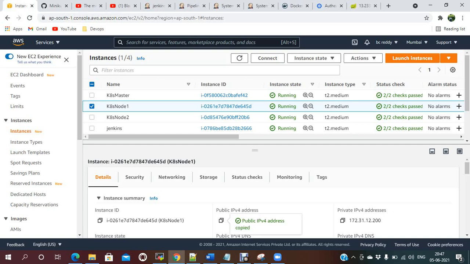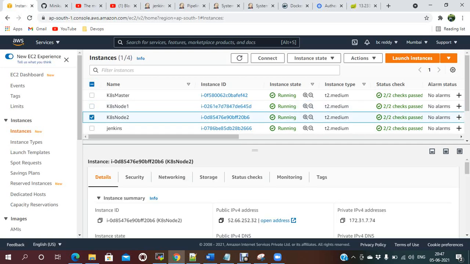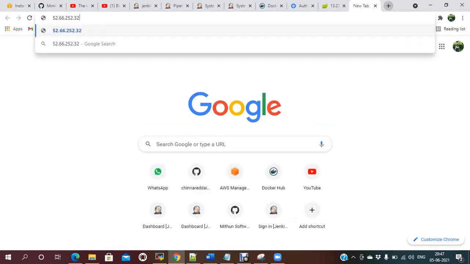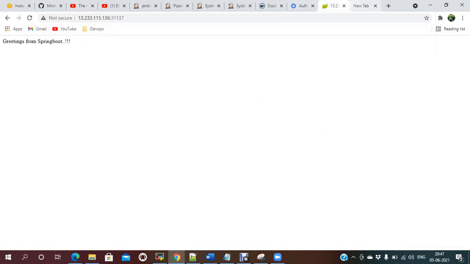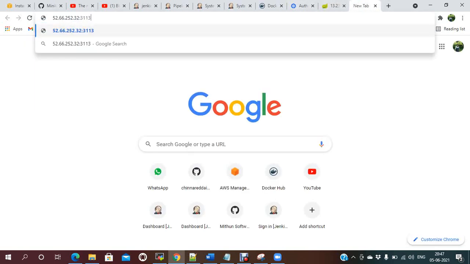In the same way, you need to take node 2, because our pods are running on the nodes, right? So you need to check with the node IP and the port number 31137. So I'm able to get the response. Our application is deployed successfully, and we can see the response also.